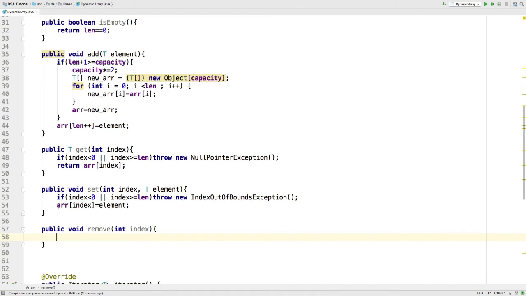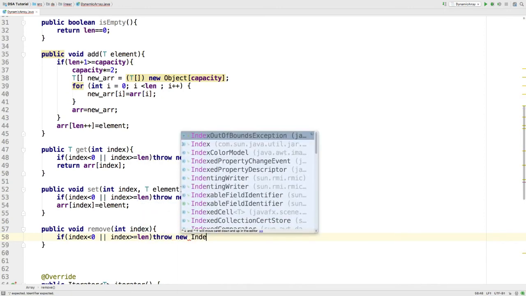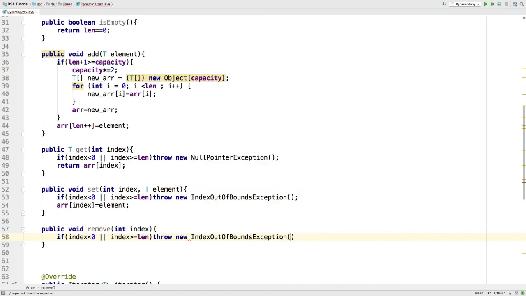Now again, if index is less than 0 or index is greater than or equal to length, I will throw an index out of bound exception,